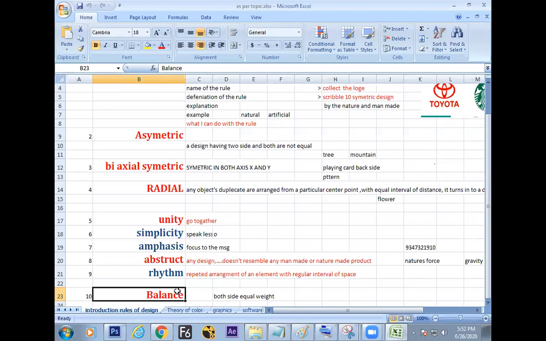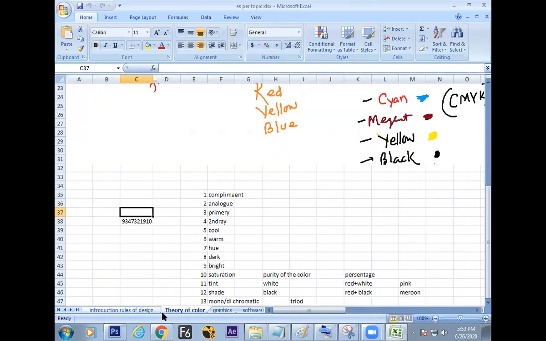And in this case, what could be done now? Just take a print screen of all the things, or take a photo snap of the rules, and collect the relevant information from the net and put it on your hard disk. With time, you start studying. In the next class, we'll be switching to the next vital topic, that is called color theory.